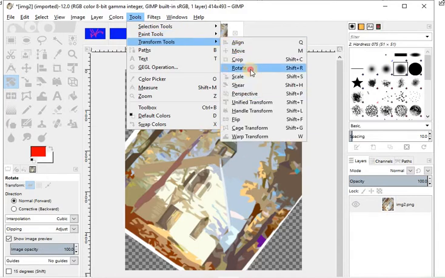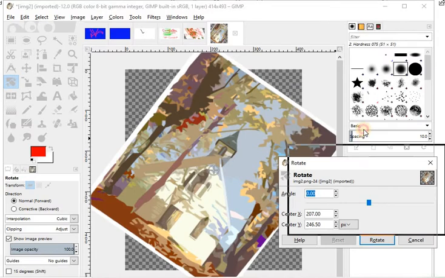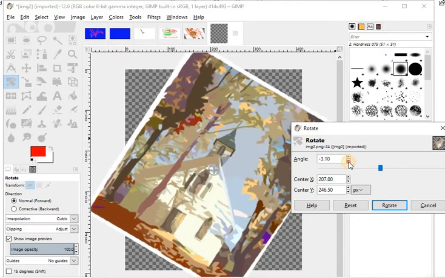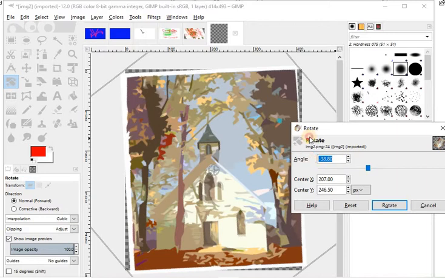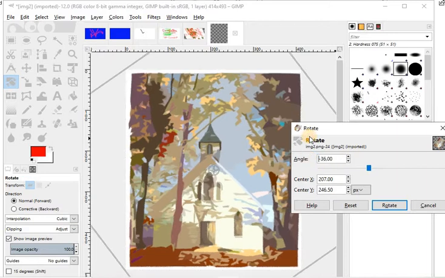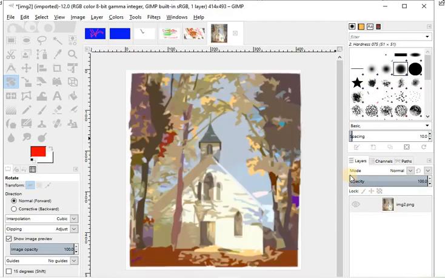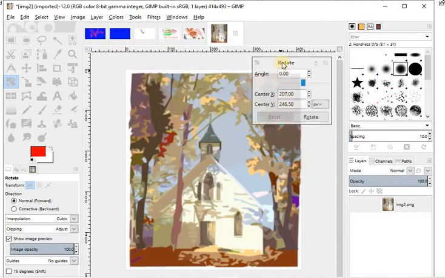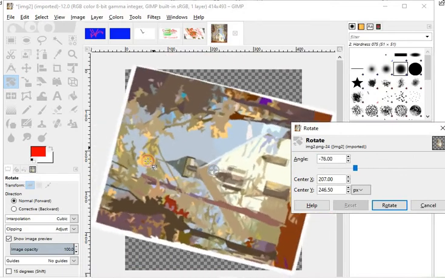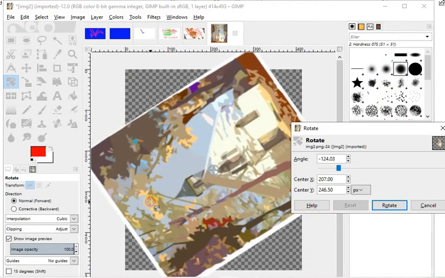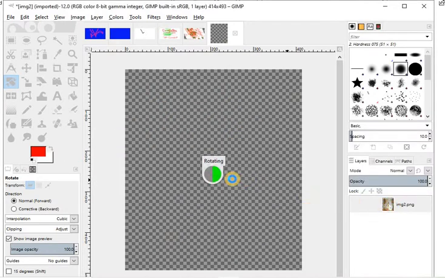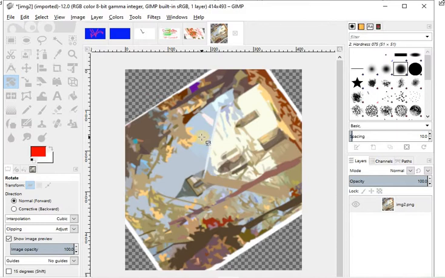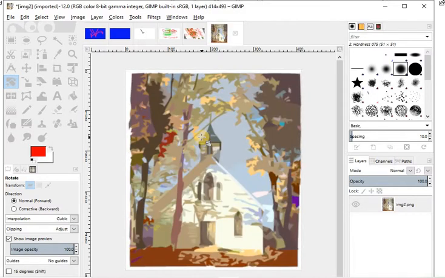Click on the transform tool and go to the rotate tool again, and click here for the detailed menu, and here we can set minus 36 degrees to bring this image back to the same angle. So we can rotate with the help of the mouse, and with the help of the angle we can enter the value here. So this much is enough for your rotate tool.